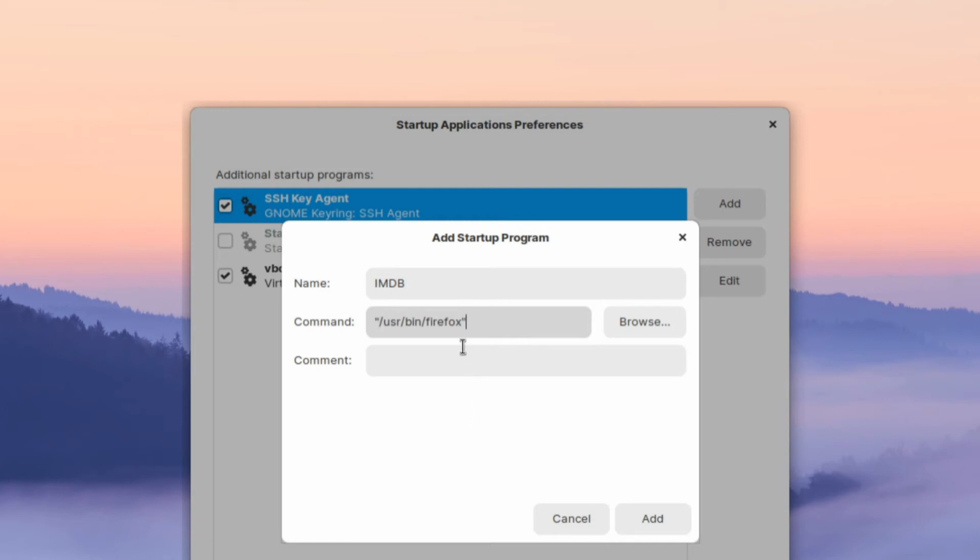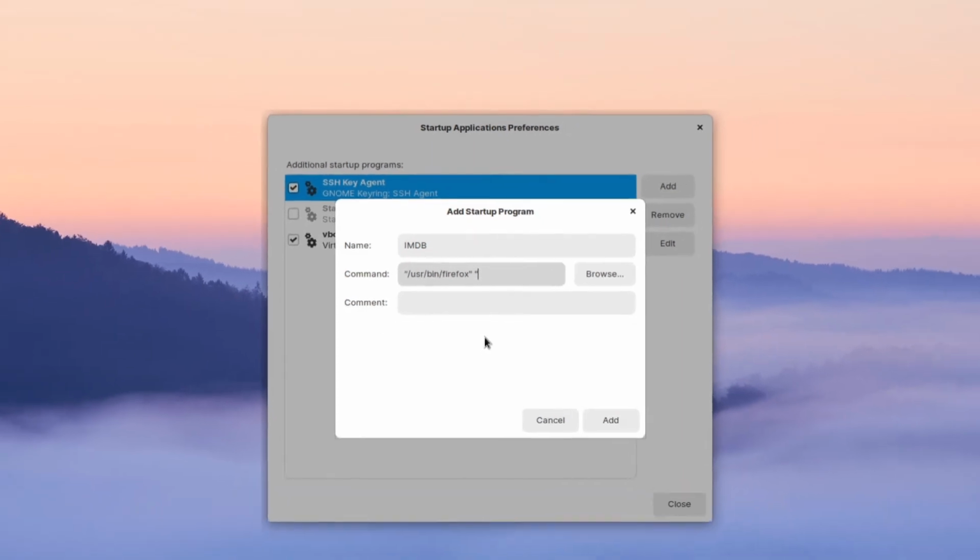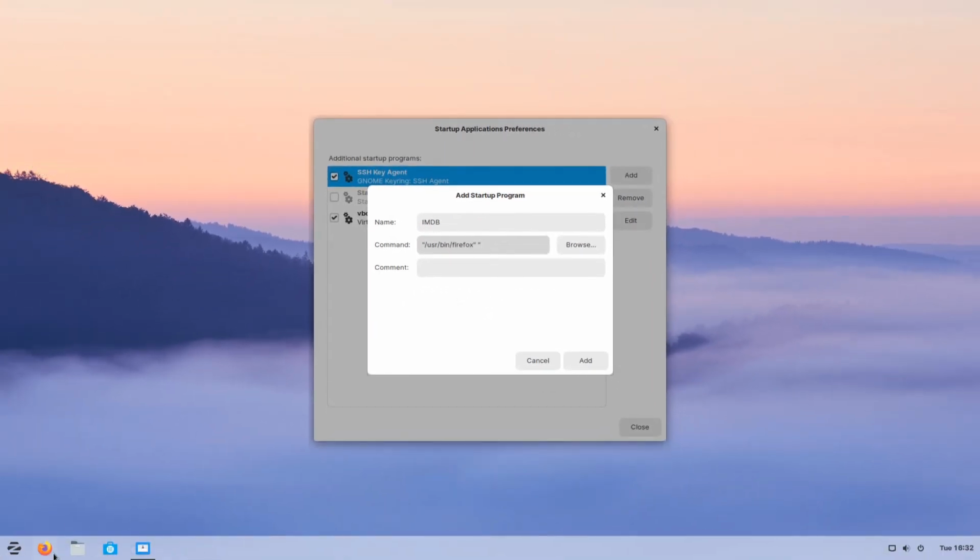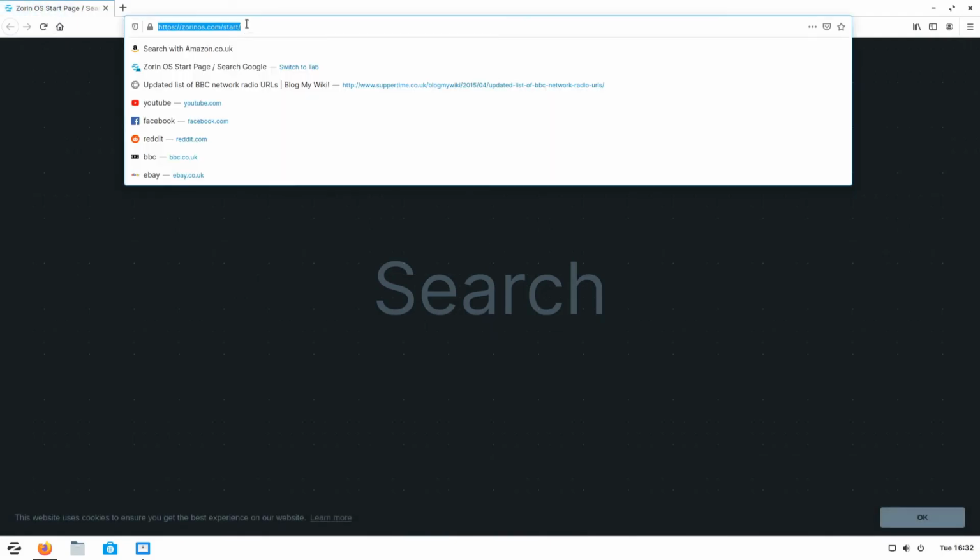That's to keep it separate from the address of the website that we want it to open, which in this example is IMDB, and that will also need to be in quotes with a space between them. So let's grab that URL now. If we launch Firefox and search for IMDB